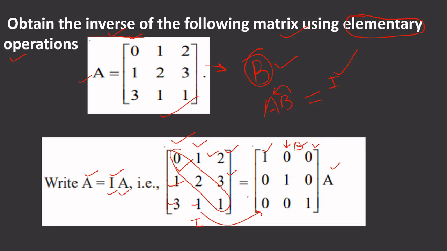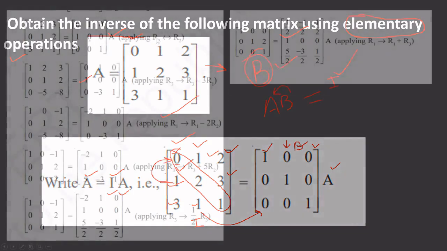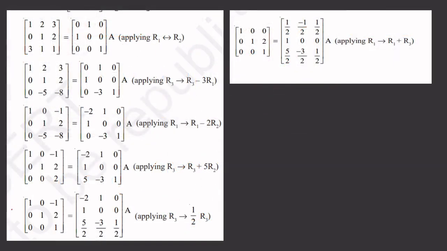Like 1, 3 and 1 have to be made 0, and the diagonal is 1. We can clearly see that this is a 0, and we have a 1 only here, so we can change the second row with the first row. This operation we can see in our elementary operations: the second row is changed with the first row, because the 1 is in row 2. So our first elementary operation is this, and simultaneously we apply this elementary operation on this matrix also. Okay, now this is our matrix. Now we have to make 0 here, this 0, this 0 and this 0.